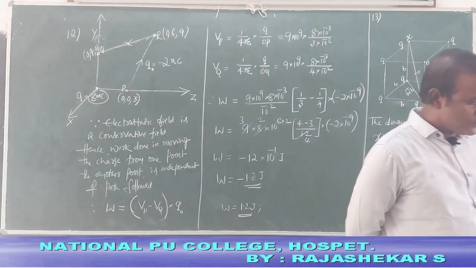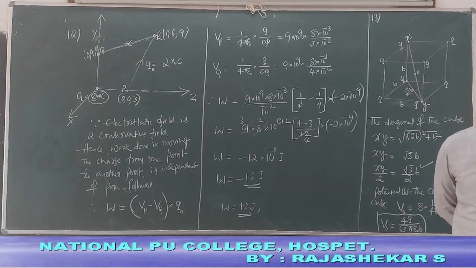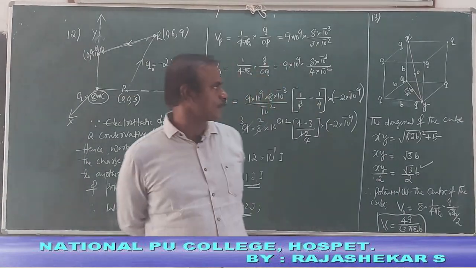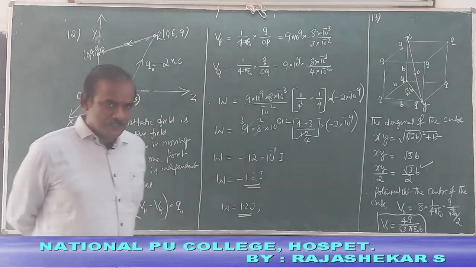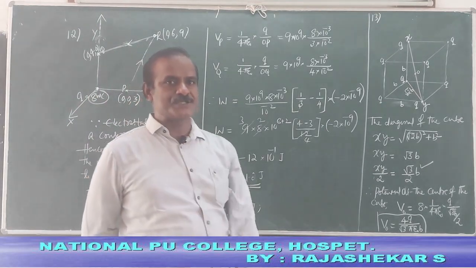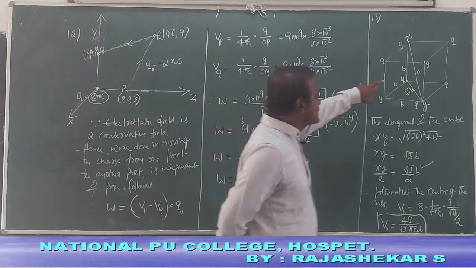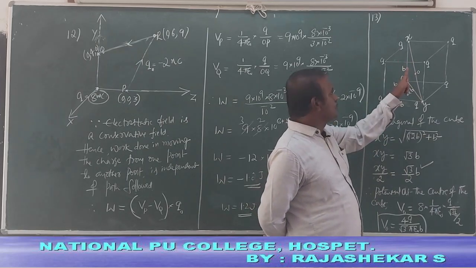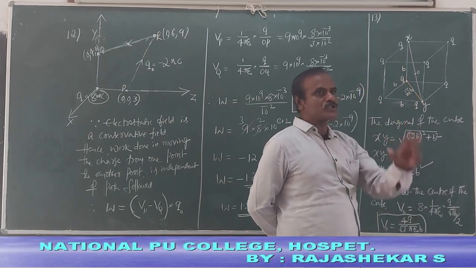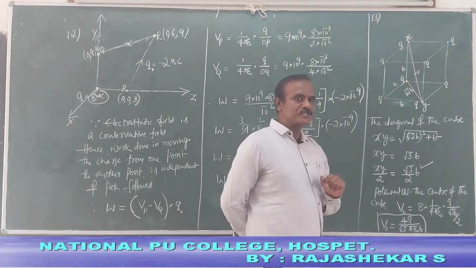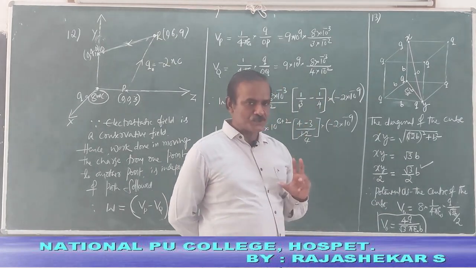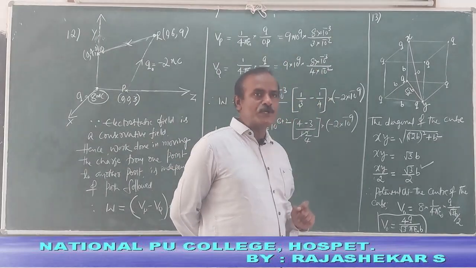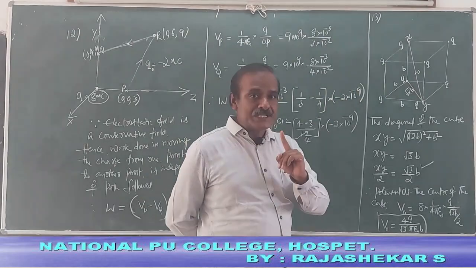Well, students, we are also asked to find field at the center. I hope that you can analyze what would be the electric field at the center of the cube due to this array of charges having 8 identical charges at 8 corners of the cube. I hope you can answer this. What is the answer, students? Yes, definitely. The electric field at the center of the cube due to this arrangement is 0.